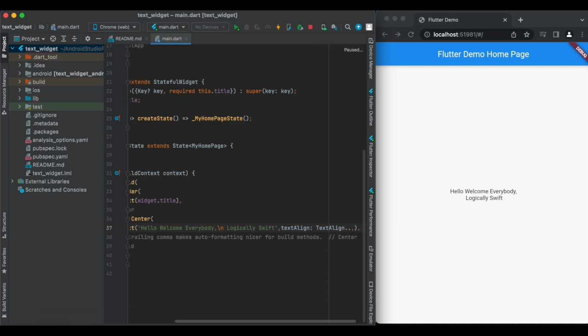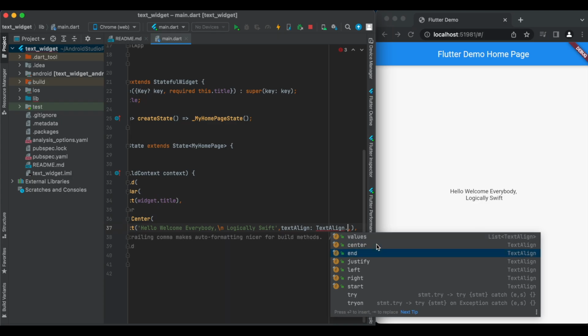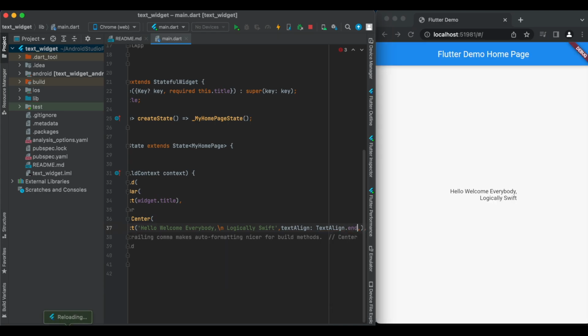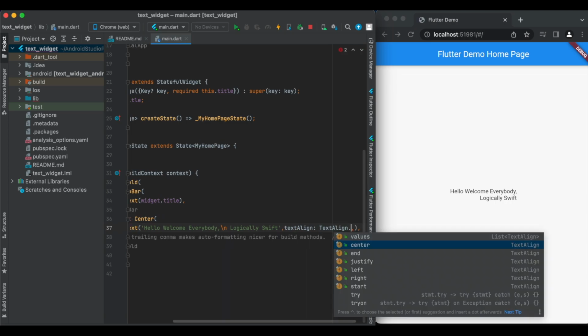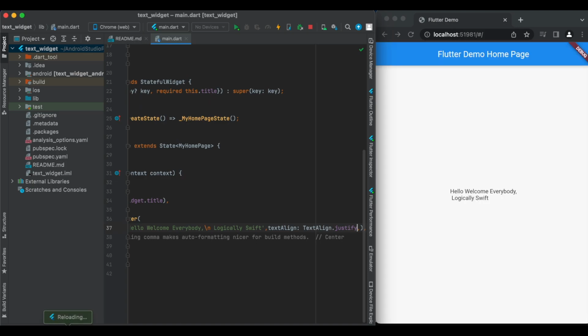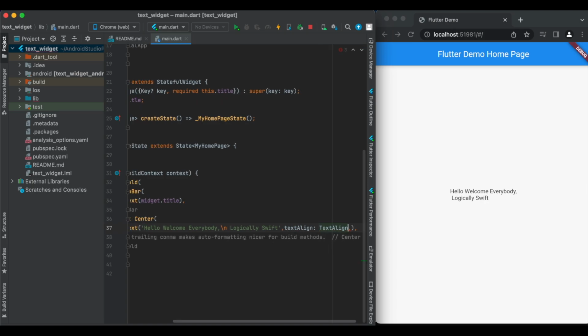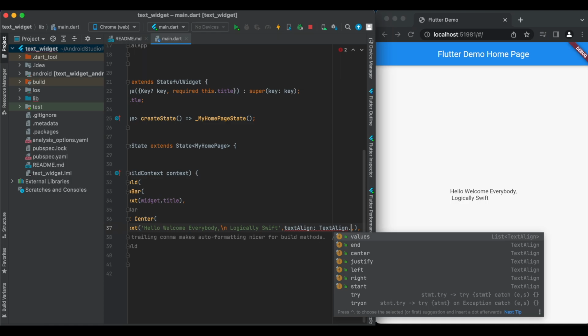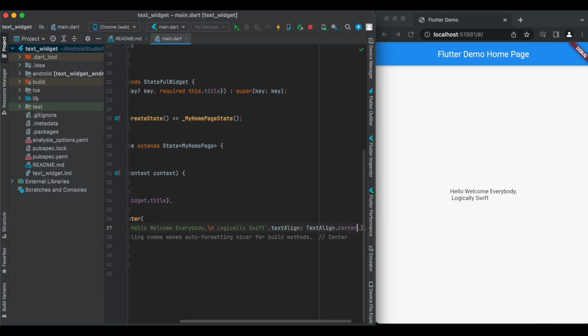If you use center, it will center everything. There are many more options available, you can check. There's center, end, justify, left, right, start. If you use end, then it will align every text to the end only, right? If you use justify, then it will justify your text and properly align it to the left side of your starting paragraph, right? This is helpful whenever you are writing something bigger, whenever you have something to say to your users, right? So I will use center for this. Okay, now we are going to learn